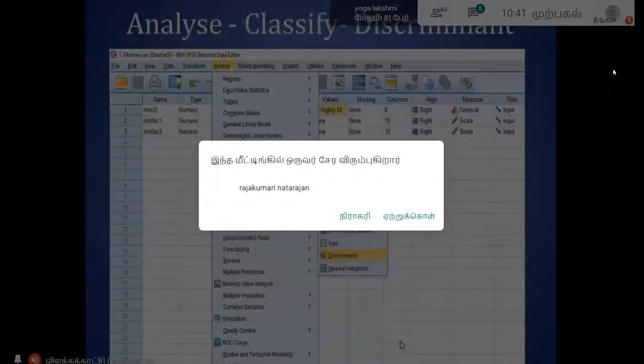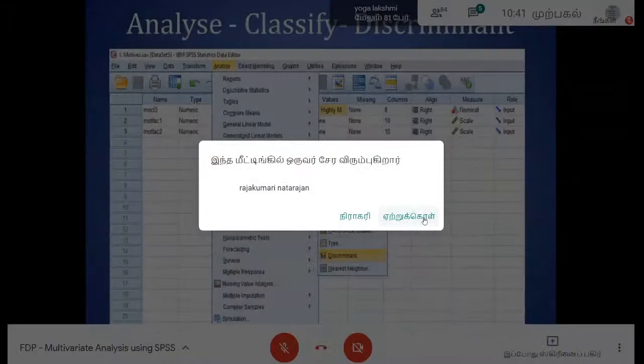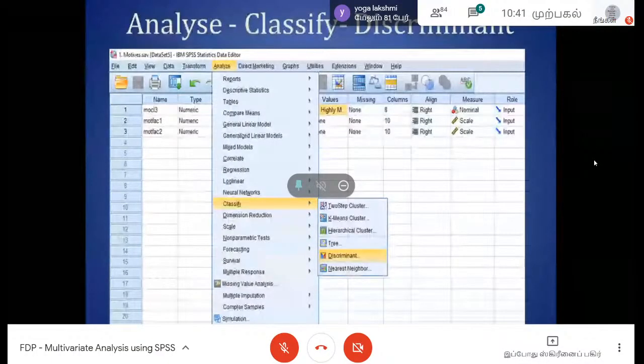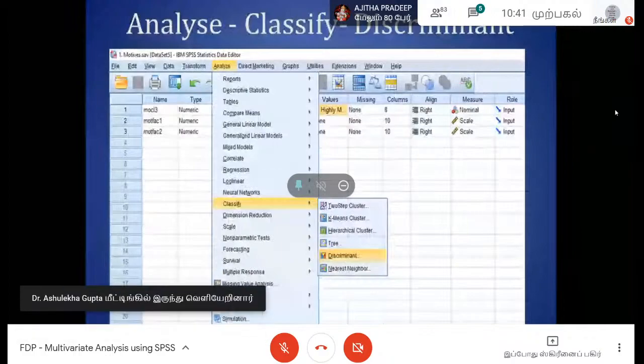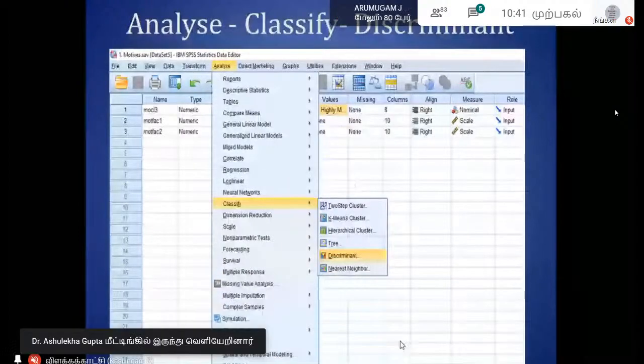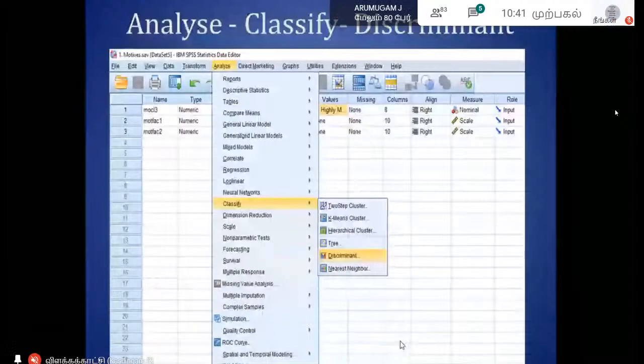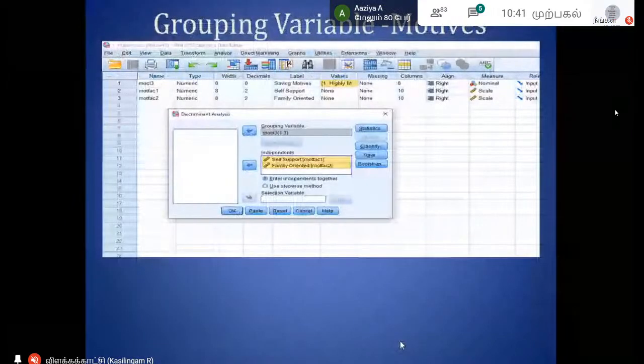So because we are classifying, he is a highly motivated person, weakly motivated, self-centered, whether it is correct or not, that we will try to find out. That is why it is under classify. Next, as usual I said the dependent variable is only one,